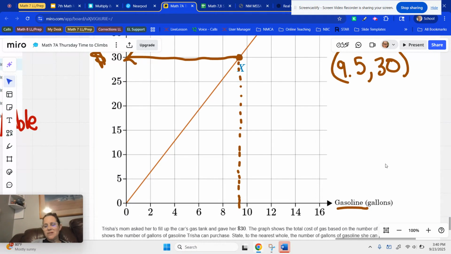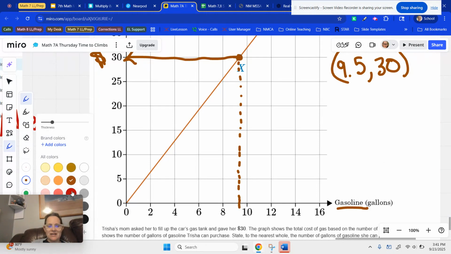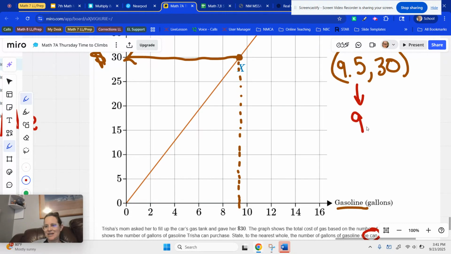So what I would say here is that she really doesn't have enough money to buy the 10 gallons. Okay, so if we're going to state to the nearest whole the number of gallons she can buy, I can't say 10. So I'm going to go ahead and round this down to 9,